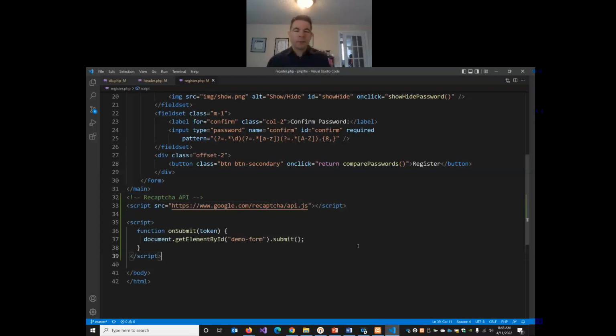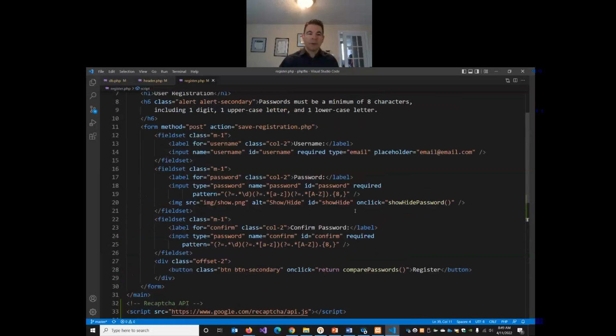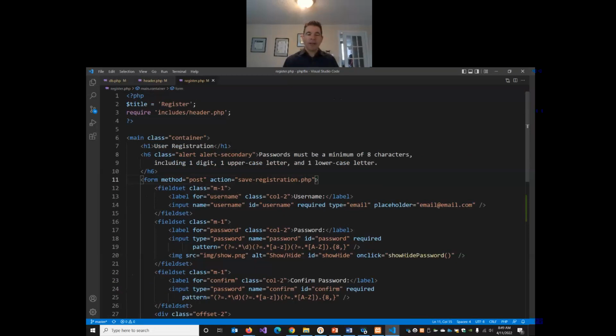We'll paste it in. I'm going to change this demo form here to register form, and then we need to give our form tag this ID of register form. We're going to change demo form to register form. Scroll up to our form tag and we'll give it an ID. ID equals register form. So this matches the ID